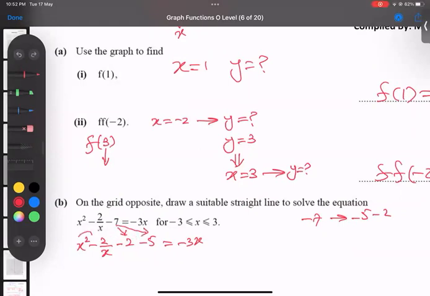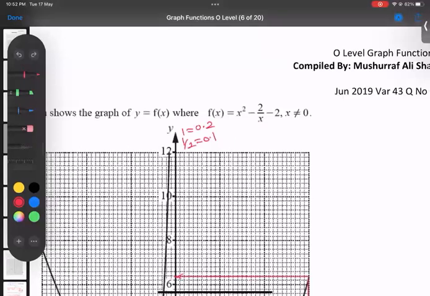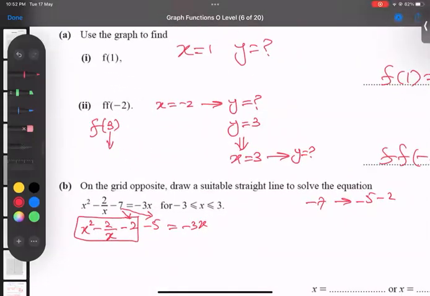You can check it. x squared, this whole thing is y. I'm going to show you. See, all these three terms is y, f(x), and f(x) is also called y. So no problem. It means this whole thing equals y. So I'm going to replace it with these three values, and I'm writing here y - 5 equals